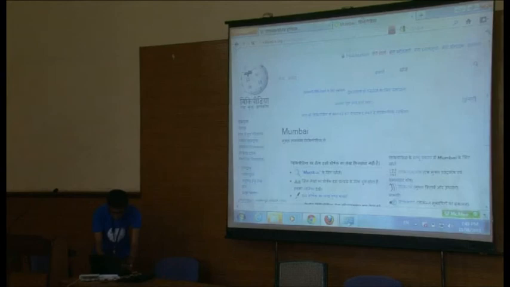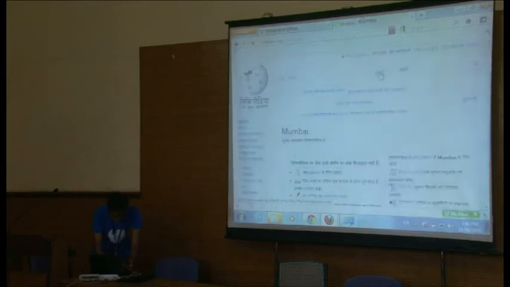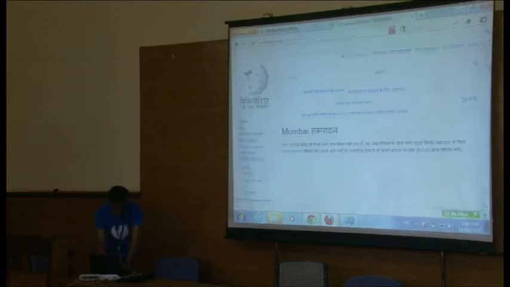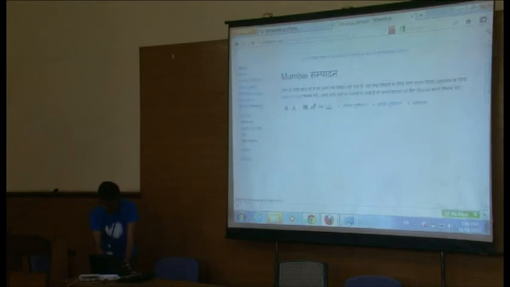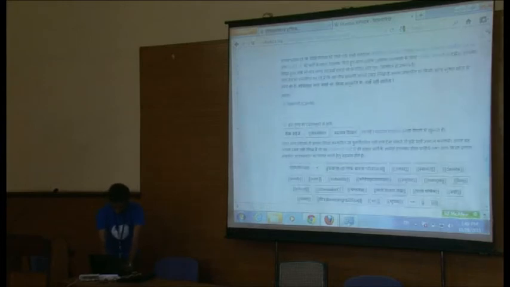It's saying this article has not been created, so you have to click on this Banaye. That means create a new article, but this article is already there in Hindi Wikipedia in the Hindi language. What you need to do is click on Adhik Suchanaen. It will show up something called redirect. So click on that. For the target page name, just paste the Hindi article name and save it.